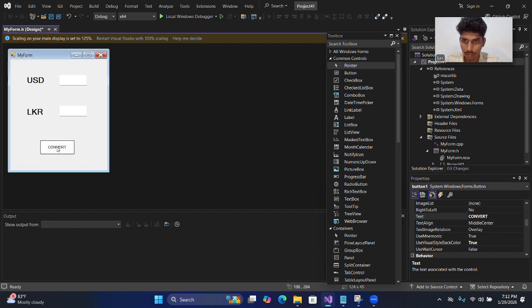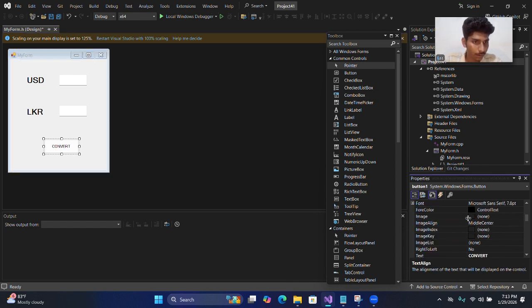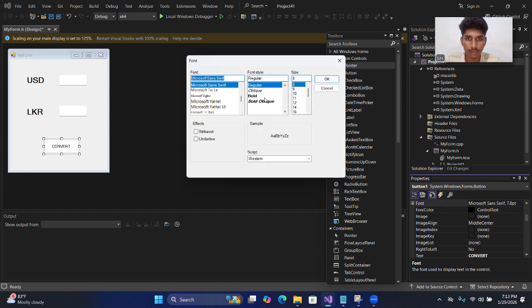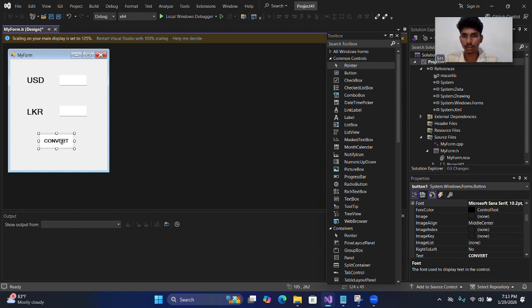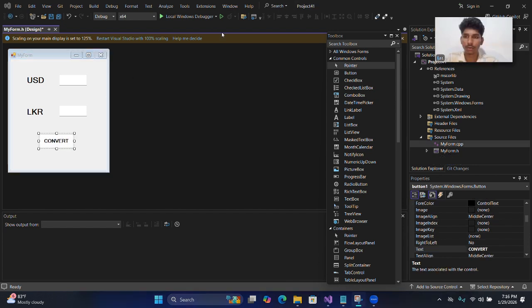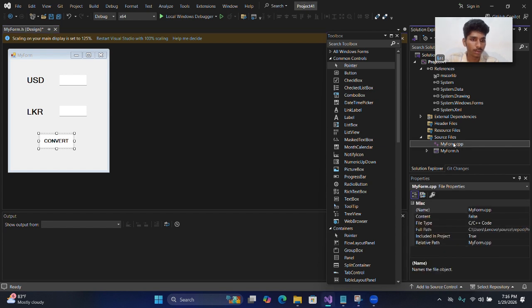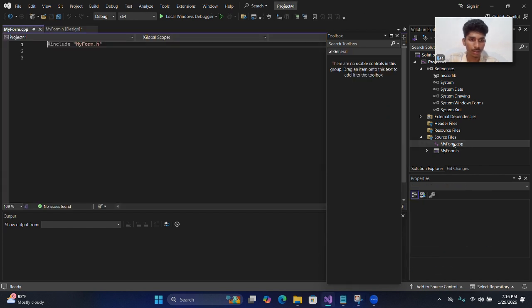And then I set as previous, bold, 10. Okay, we set it here. Okay guys, after that you here click MyForm.cpp, double click, and you see that page here,